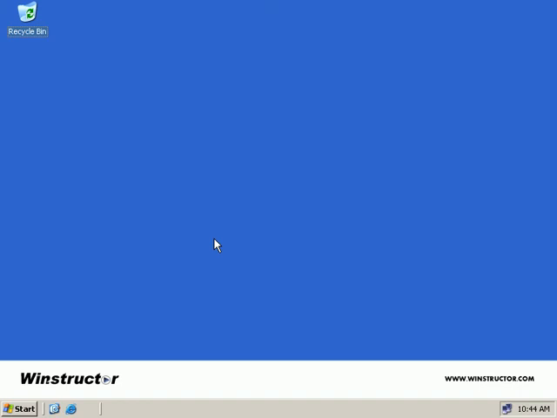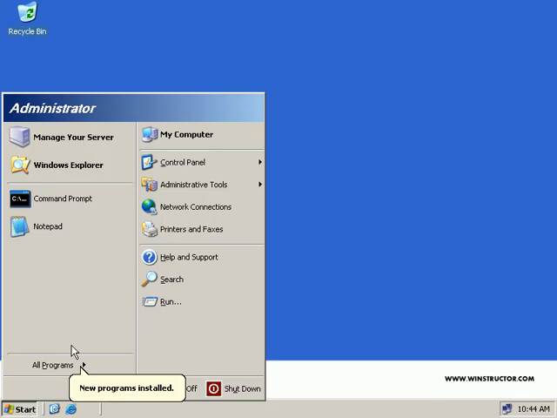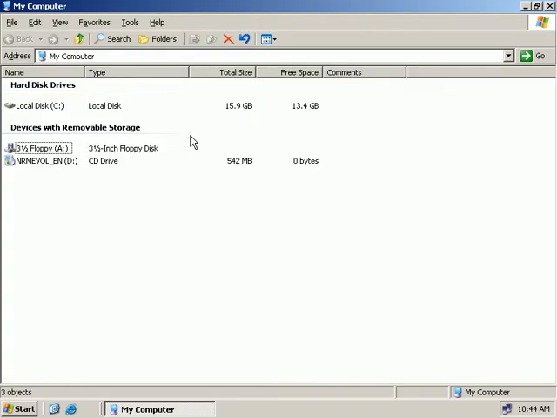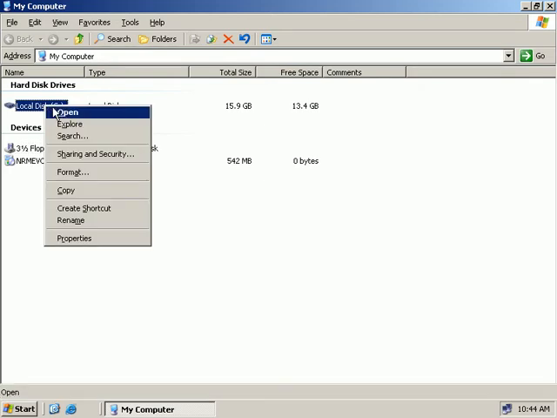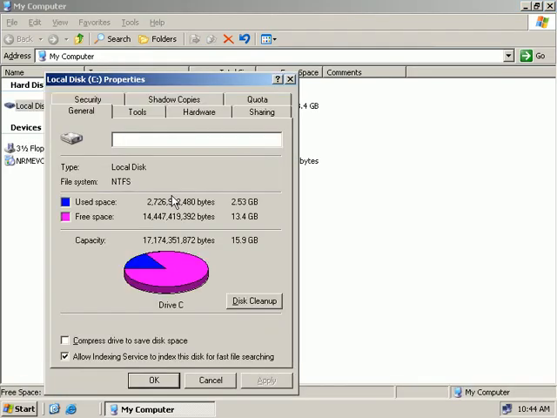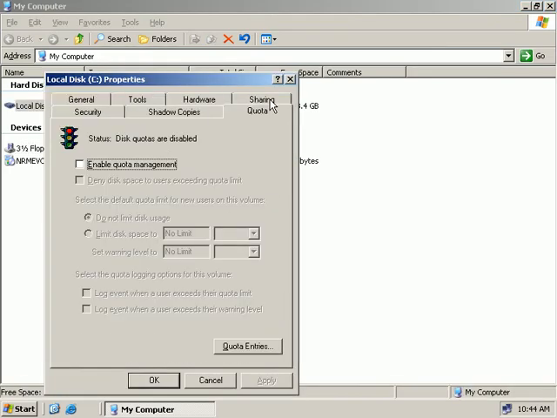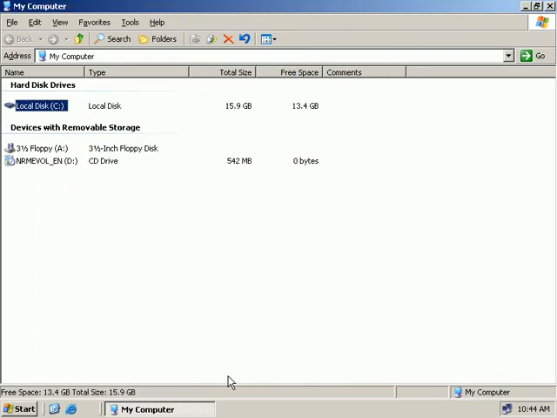Now using the first way, we'd simply click on Start and open up My Computer. Locate the drive in which you want to configure quotas. In our case we'll use our C drive as we don't actually have any other drives, so we'll right click, we'll select Properties, and then we'll choose the Quota tab. Now I'm just going to cancel out of this because I recommend becoming accustomed to using the Disk Management MMC